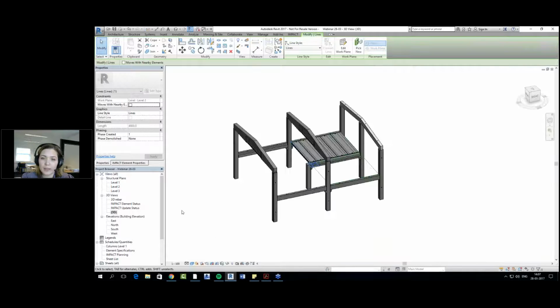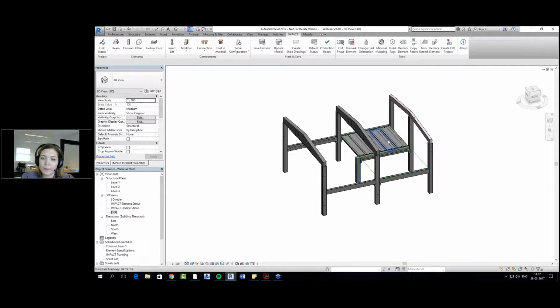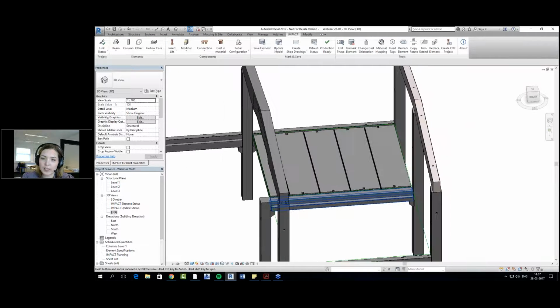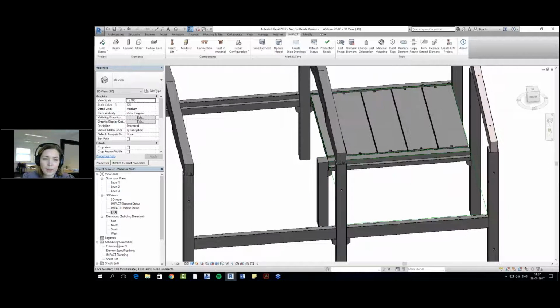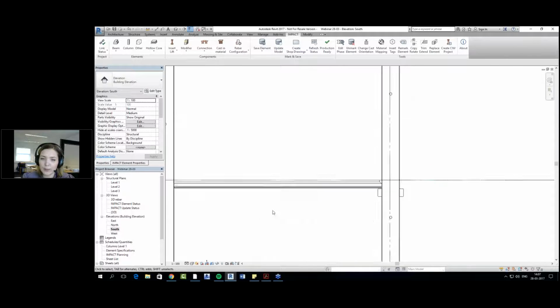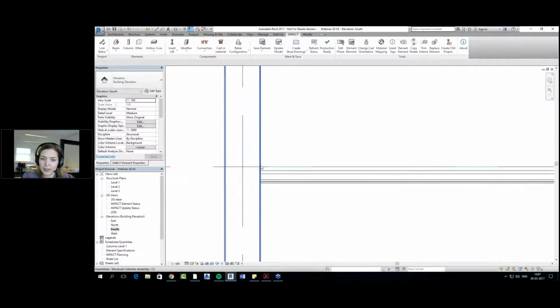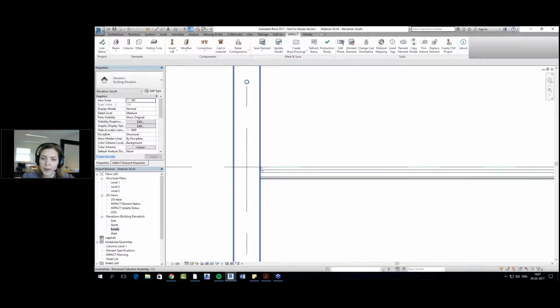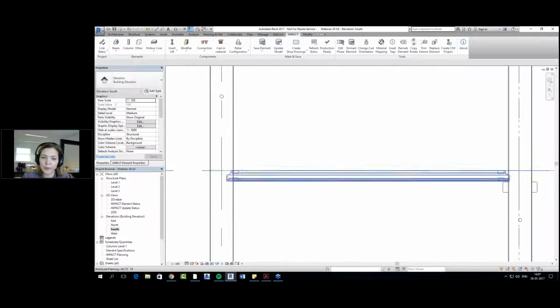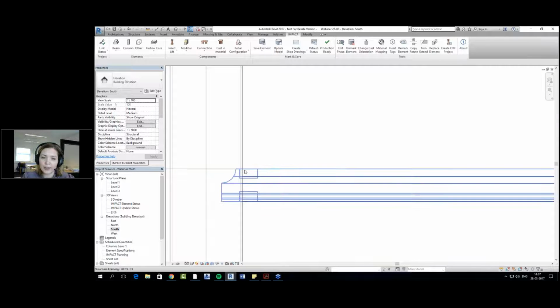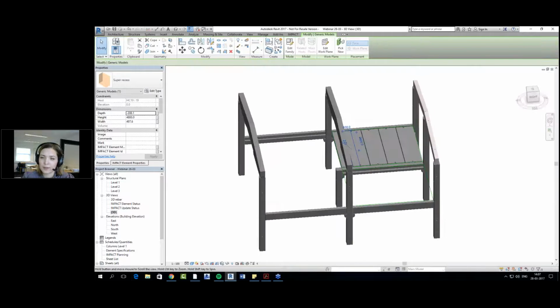If I go to 3D, yes, everything seems okay. If I go to the elevation, I will tell you more why I have chosen the origin as the top, because you see this is level 2 and I want to have it in one line with the top origin, so the insertion point is the top one. If I go to 3D,